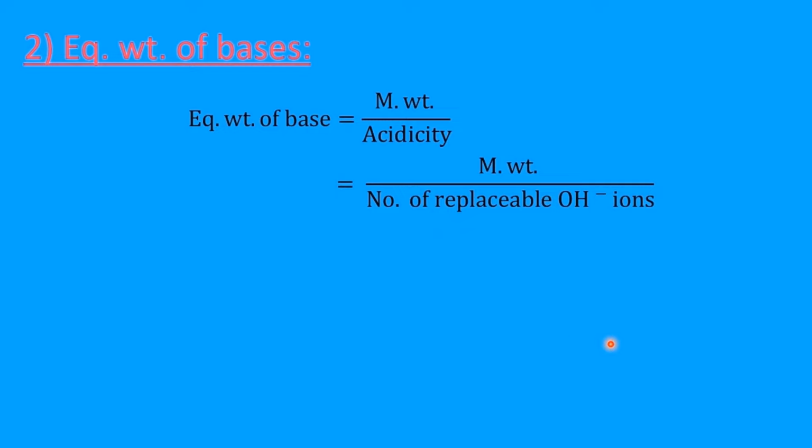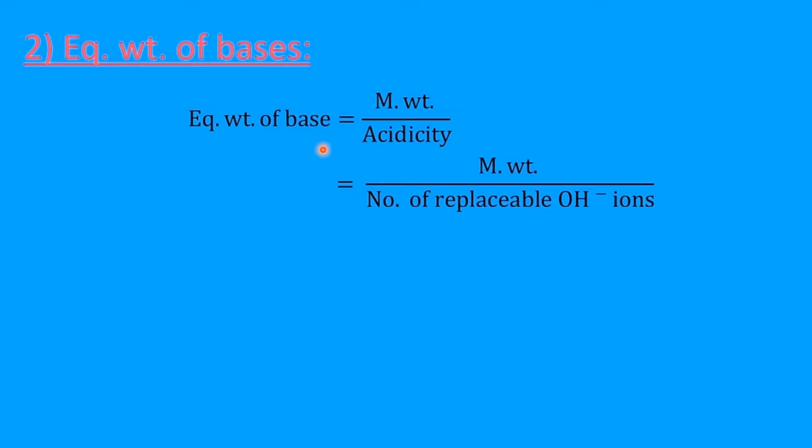In the types of concentration, we have covered molarity, molality, mole fraction, and normality. In normality, we use the term equivalent weight. What is the meaning of equivalent weight? Equivalent weight will be calculated for acids, bases, salts, and oxidizing and reducing agents. In an earlier video, I covered the different methods of getting the equivalent weight for different acids. Now we are discussing the equivalent weight of bases.